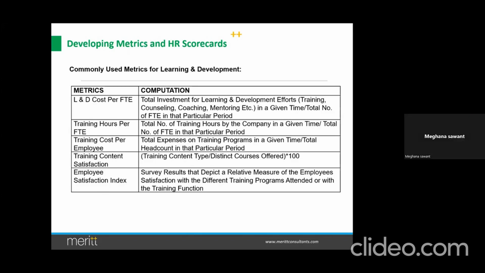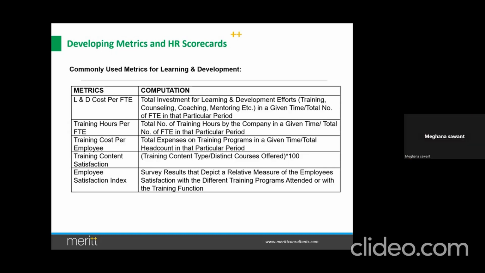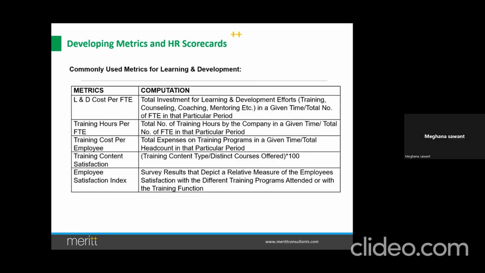But eventually, I will just give you a broad idea, and we will also do that. In fact, we can do regression and correlation and get the training effectiveness. Just because you've asked, how will you do that? A person has gone for a training, say quality training. He comes back. Now you also have to track his performance after the training, for six months, and see how he has performed. So is there a correlation between the training given and the increase in performance?